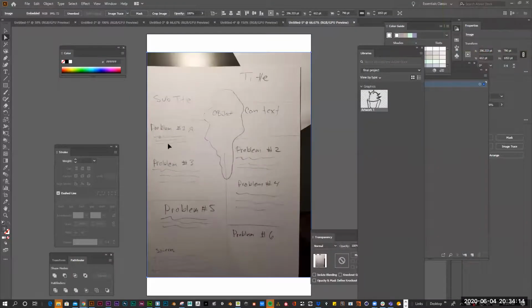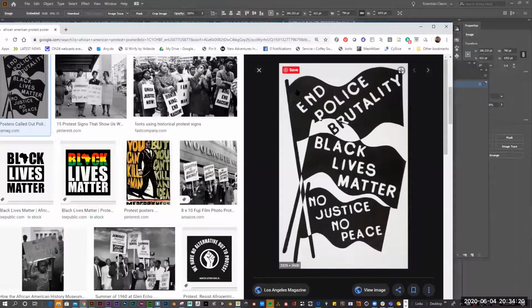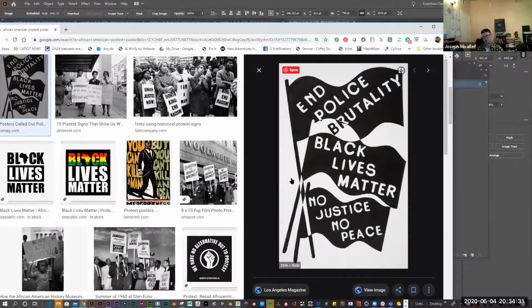So when you say very simple, the overlapping, are you just making copies and then overlapping them? Yeah, it's using that divide Pathfinder again, just like I did with the type for Rosio. Same idea, where the intersection becomes a different color, but visually it just has a little bit of interest to it. It kind of draws the eye and creates a pattern that can be kind of compelling. The concept itself is simple, just the flag with the text, but at the same time, because it's so graphic,